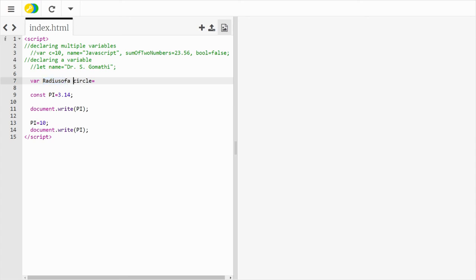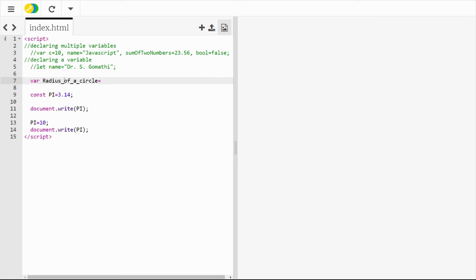So you have to give it either without any space, or make it with an underscore, like radius_of_a_circle. So this is possible.